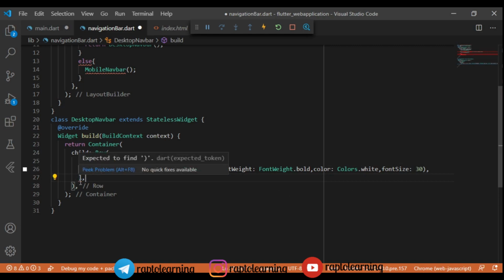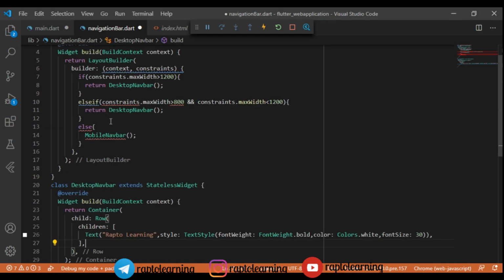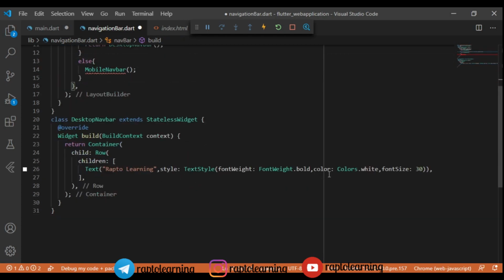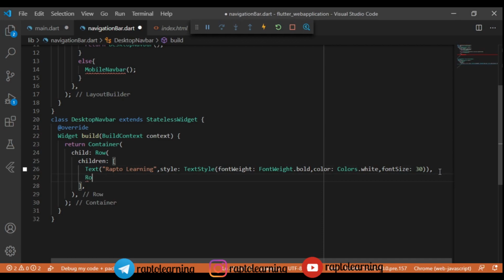So let's do the further part, and here we come, that is expected to find a bracket, right? So let's search where have we missed our bracket. So we have added here and here, so we'll add it here. So yeah, error is gone probably. Yeah, so fine. So let's start. Oh, this is showing. We are going to give a gap between else if. So let's do the further part.